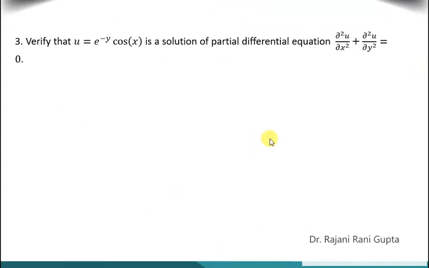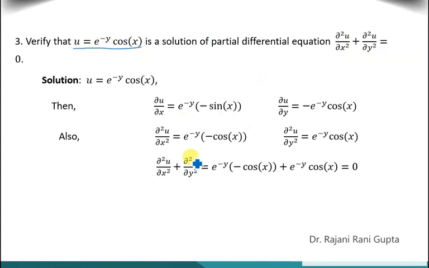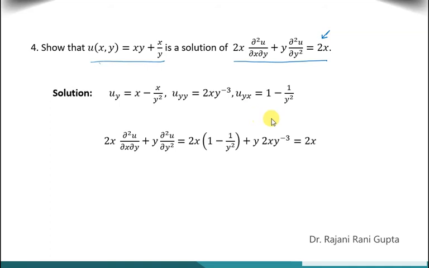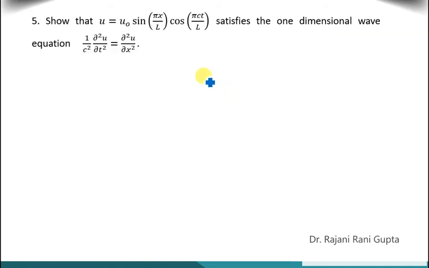In the same way, you can work with different values of u. See here, the u will change and the partial differential equation changes. So you just need to find the derivative, substitute it here and get the result. Similarly, you can take this one and you have a different partial differential equation. You may prove that it is equal to 2x. So these are the kind of questions that can be asked.